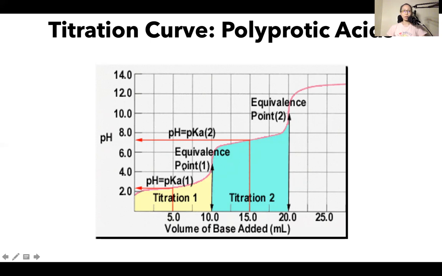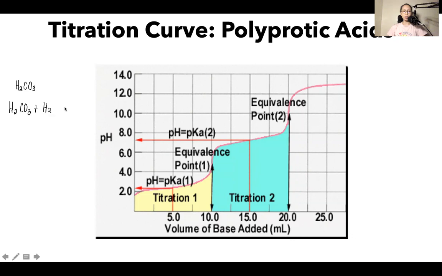In this case, we will observe two equivalence points. The first equivalence point is based on the first dissociation reaction, and the second equivalence point is based on the second dissociation reaction. So let's look at an example of a diprotic acid, carbonic acid. The first dissociation reaction of carbonic acid is written as